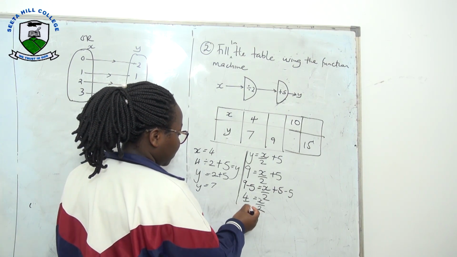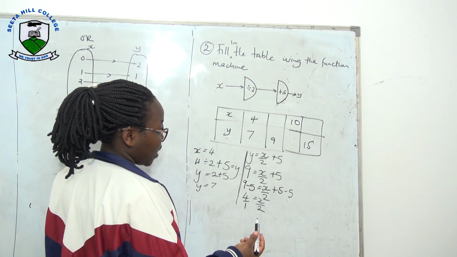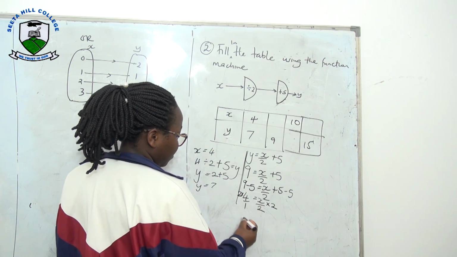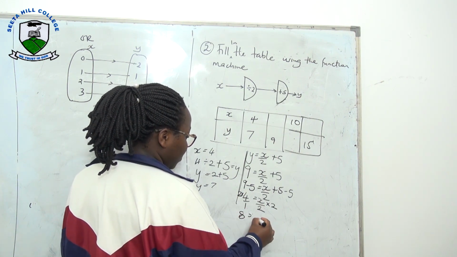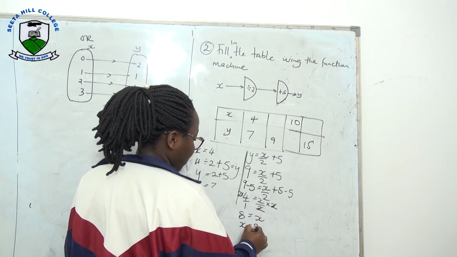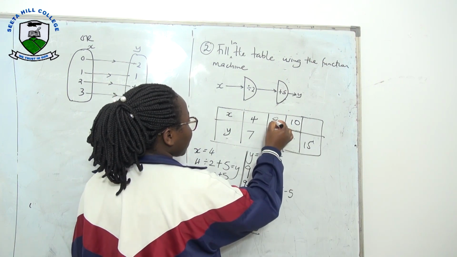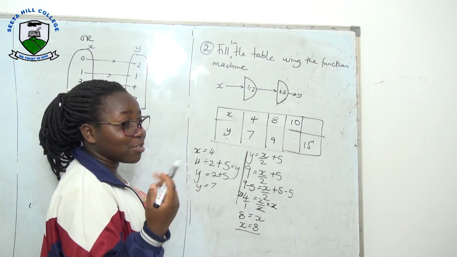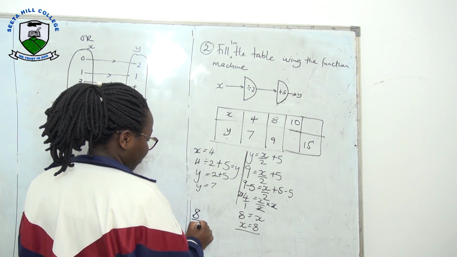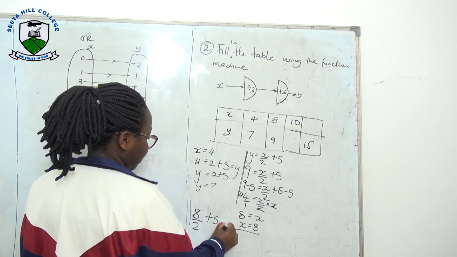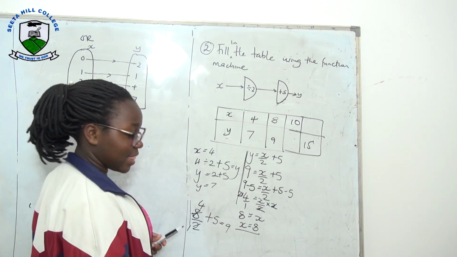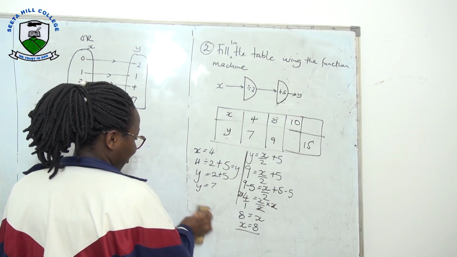So here we shall get, what's the LCM of 1 and 2? That's 2. We multiply both sides by 2. So 4 times 2 we get 8, giving us 2x, giving us x. So meaning x is equal to 8. And let us first try to substitute because I'm also not sure. So it will be 8 divided by 2 plus 5 giving us 9. Let us try. By 2 this is 1, by 2 this is 4, 4 plus 5, that's 9. So I think it's correct.